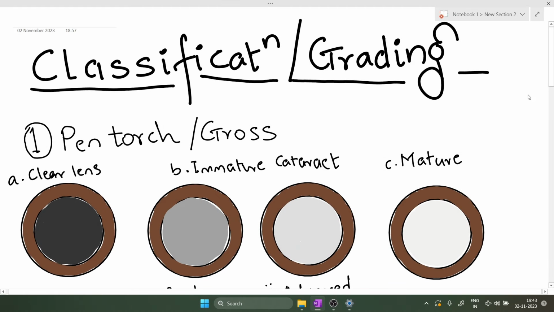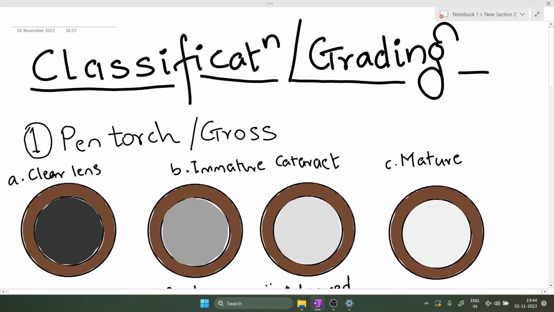Today let us deal with something that is going to be very commonly used in ophthalmological practice. Whether you're a newly joined PG, a fellow, or a full-fledged consultant or a practitioner of ophthalmology, classification or grading of cataract is something that you are going to do on a very frequent basis. Cataract forms the basis of ophthalmological practice, so let us see if we can simplify the process of classifying a